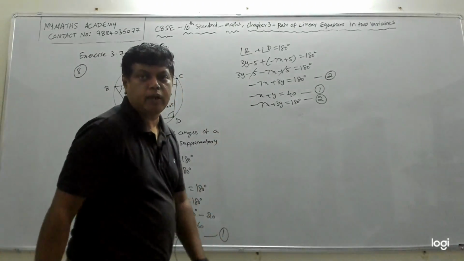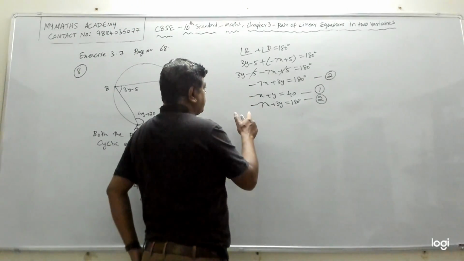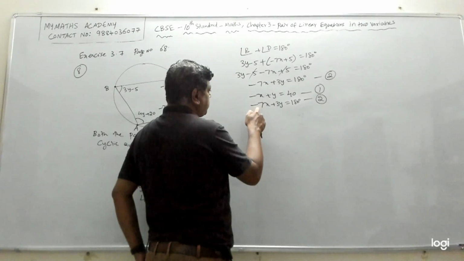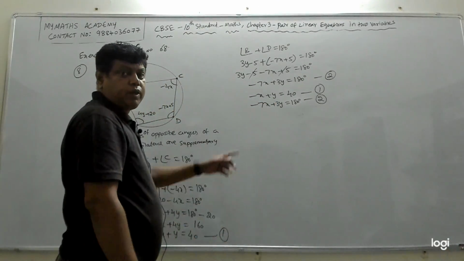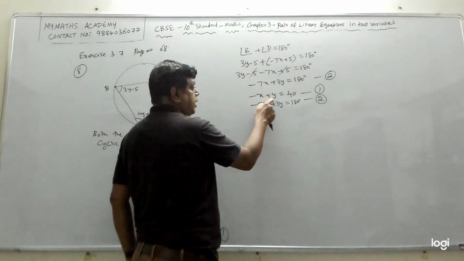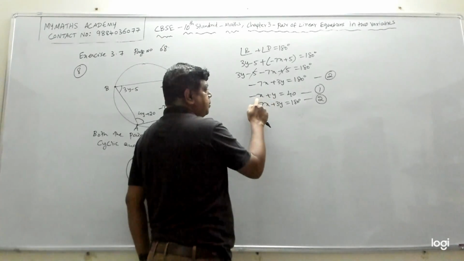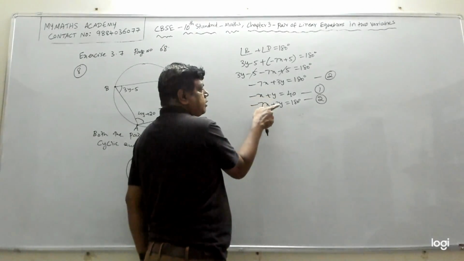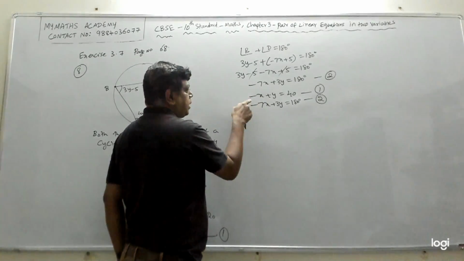Again we will go for our famous elimination method. Fine. So what do we observe here? The coefficient of x is minus 1, minus 7. They are not the same. For y it is 1 and 3. It is also not the same. But we can make this the same by multiplying equation 1 by 3. If I multiply each term by 3, this will become 3y. This will also be 3y. Both will match.